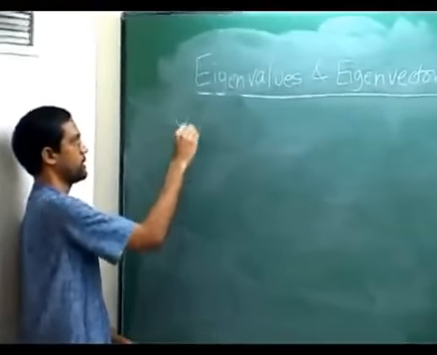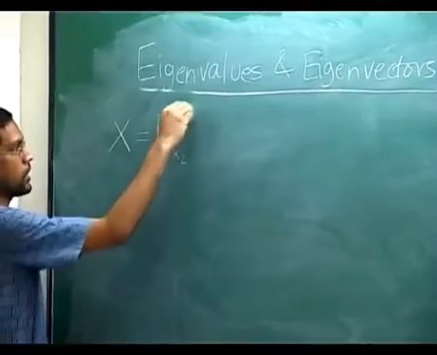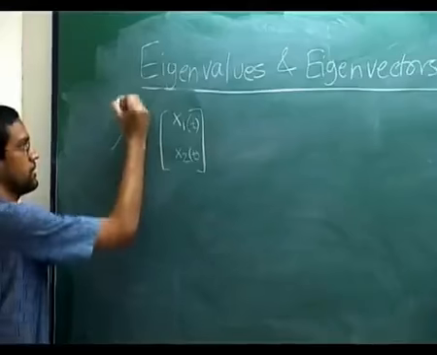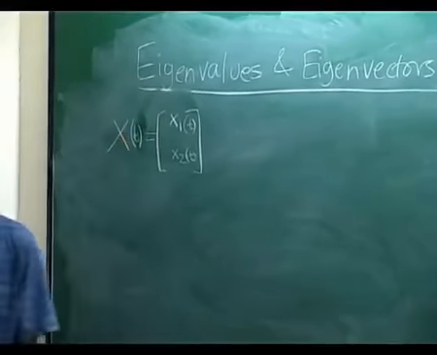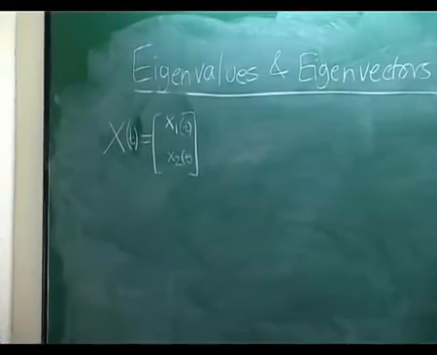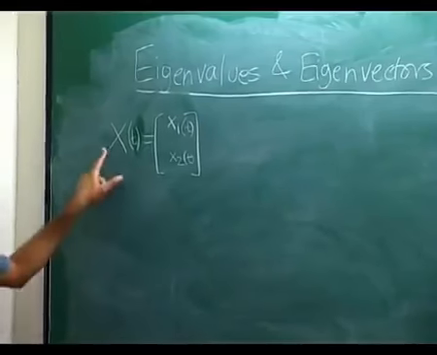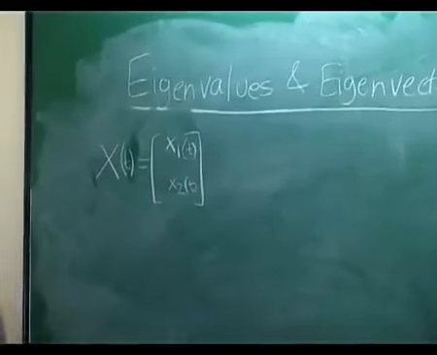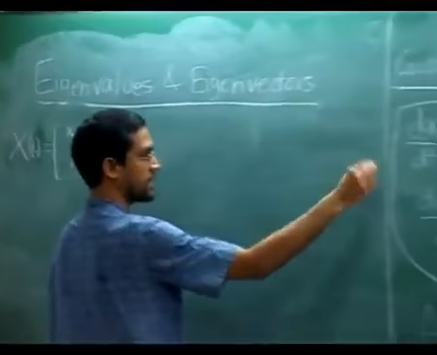Let's define capital X to be the column vector x1 of t, x2 of t. So it's again a function of t, but it's a vector valued function of t. You should think of X of t as a function of t whose value is a vector. At every t it is a column vector of size 2. This set of equations here you can think of as the following. So these two things I can equivalently write as follows: